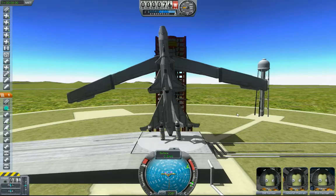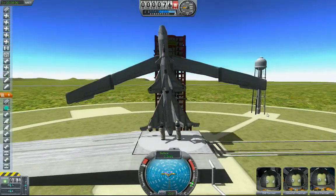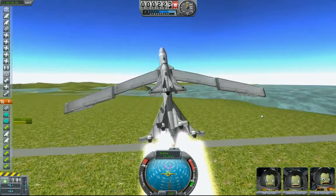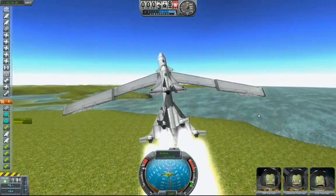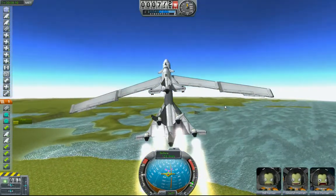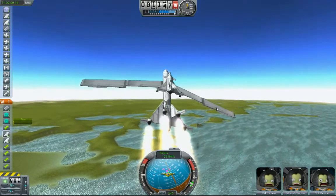I'm gonna hit launch, and I'm going to immediately pitch forward, trying to get this thing into a controllable attitude. There we go. Throttle back some. Maybe just over like 2/3 throttle. Okay. Now I'm just going to gradually...